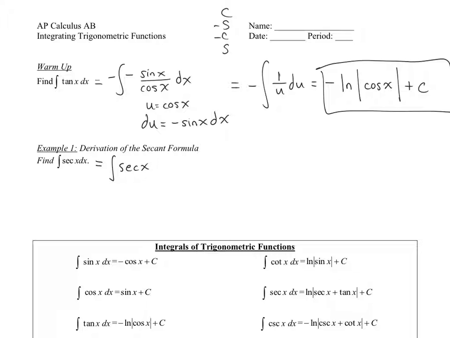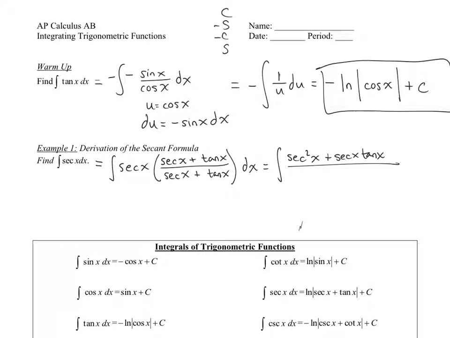So I'm going to multiply this by 1, but I'm going to rewrite 1 as the secant of x plus the tangent of x. And you're right, I would not expect you to come up with something like this, so that's why I'm showing it to you. If I distribute this, I would get secant squared of x plus secant x tangent x